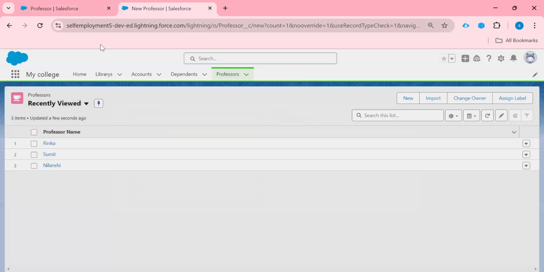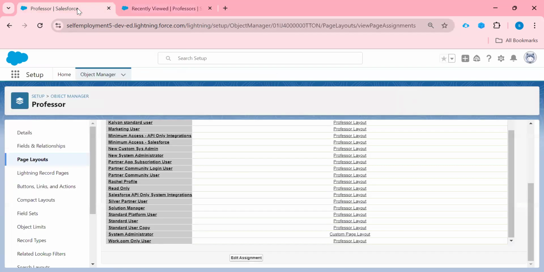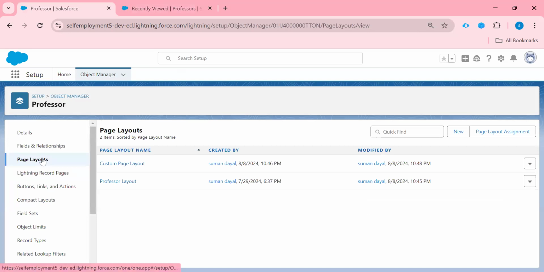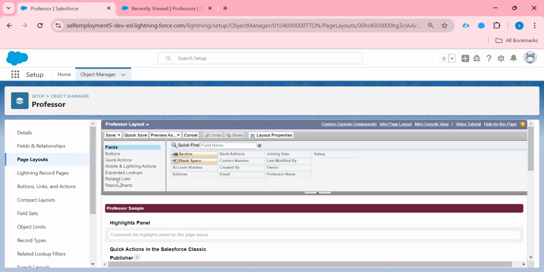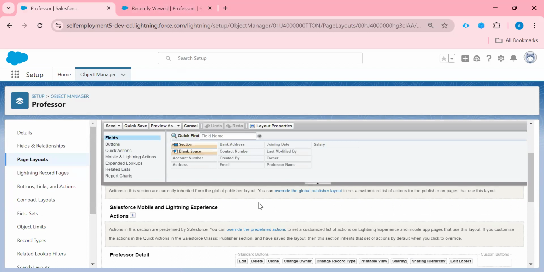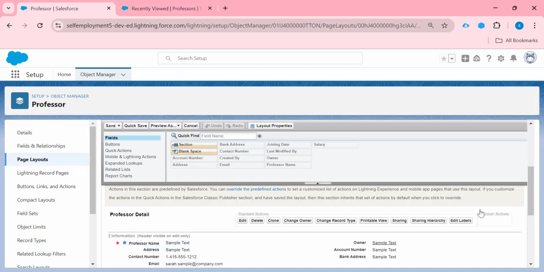So come back. Now let me come one more time to the page layout, right? You can take any one. For now, to show you, I'm just clicking the default one. Okay, so here each field has a property, right?